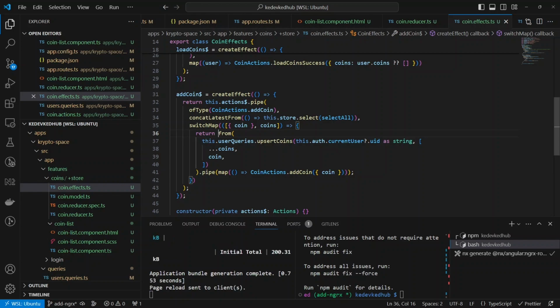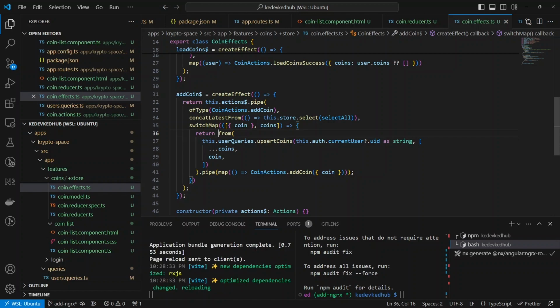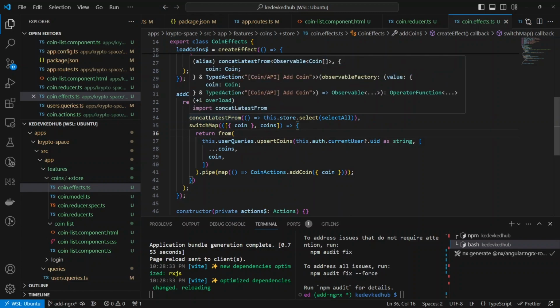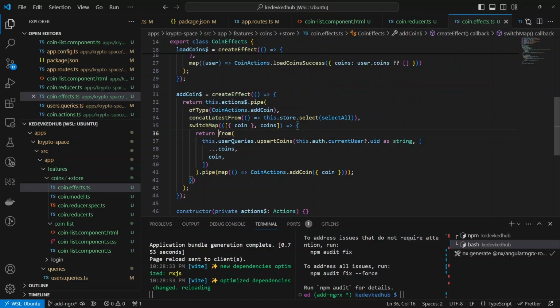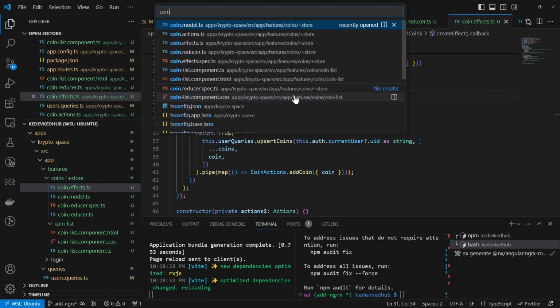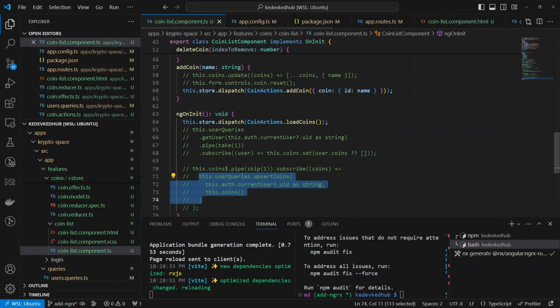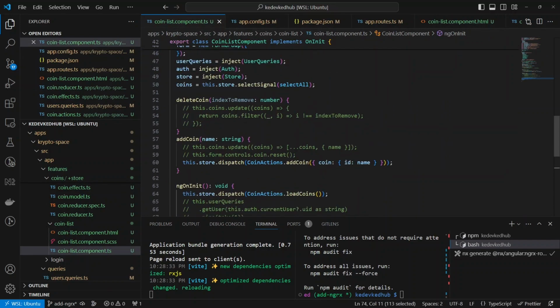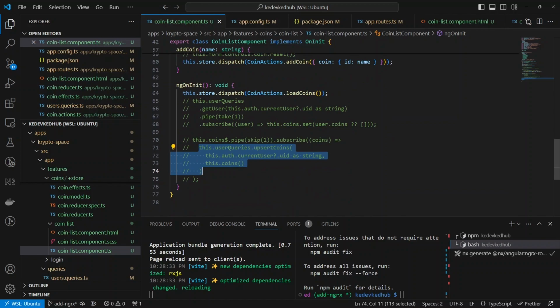So for the add coin, we listen to the add coin action, and then, similarly to what we were doing before, if you go to our coin component, to add a coin we call the user queries, and we pass to it all the coins within the application. But now, using the effect,